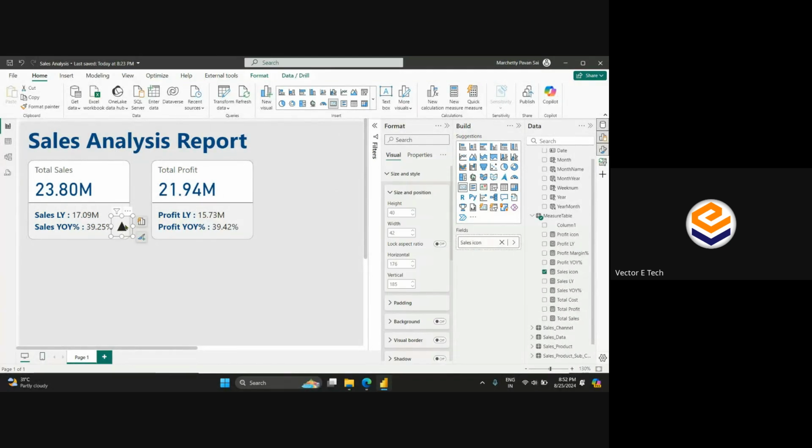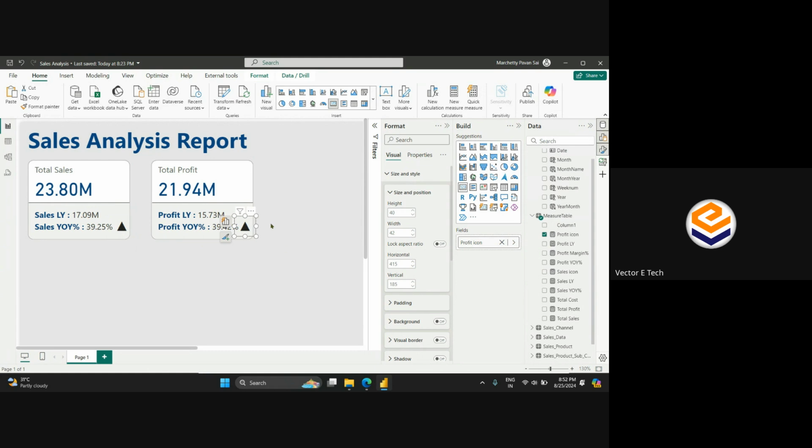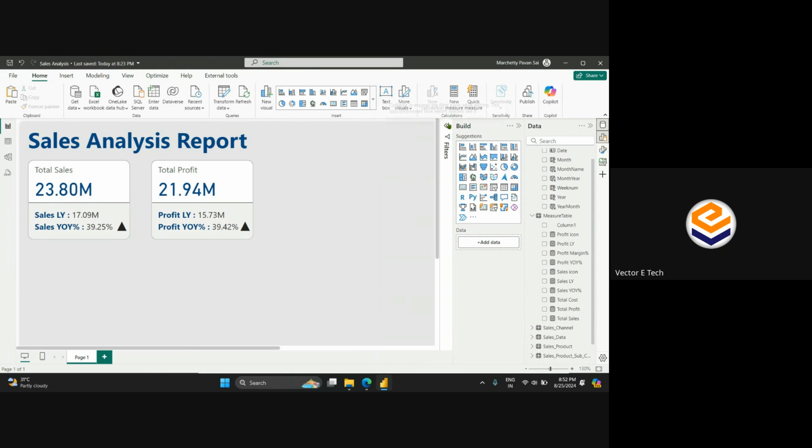Now we don't have a color for this, but you can assign a color. Meanwhile, what I'll do is copy that icon, and here instead of the sales icon, I'll bring something called the profit icon, right? It would be a similar thing. Now, to show an example of how to change the color,